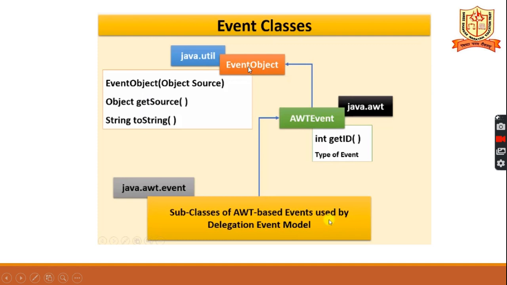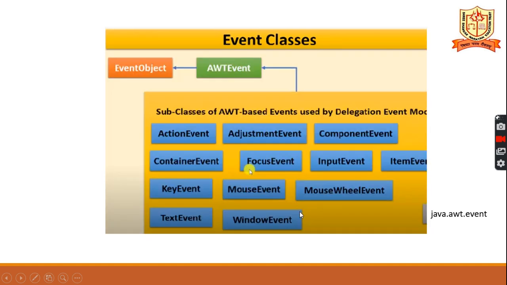These two methods are present in the EventObject class. Next, AWTEvent in the java.awt package contains one more method, getID. All other event classes will be subclasses of AWTEvent. So EventObject is the parent-most class and AWTEvent is a subclass of EventObject, and all other